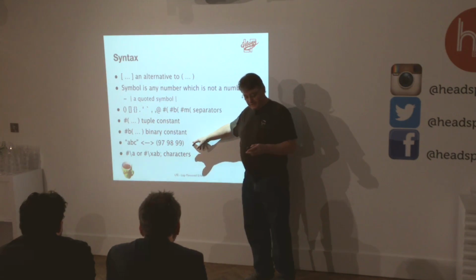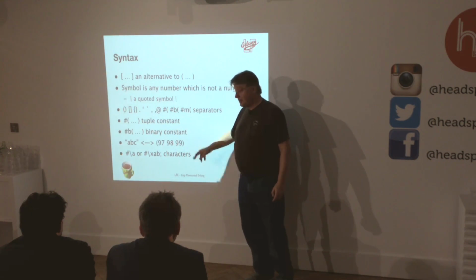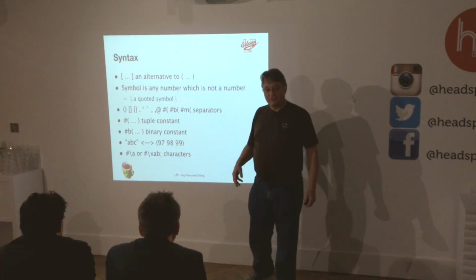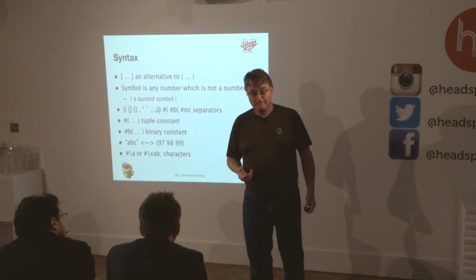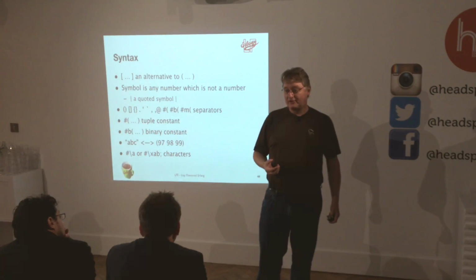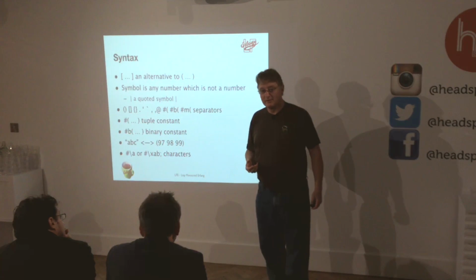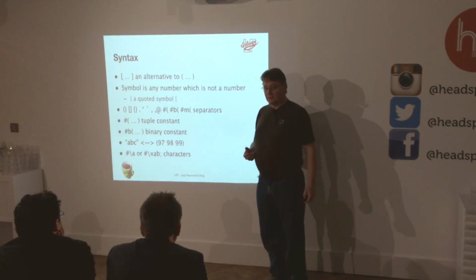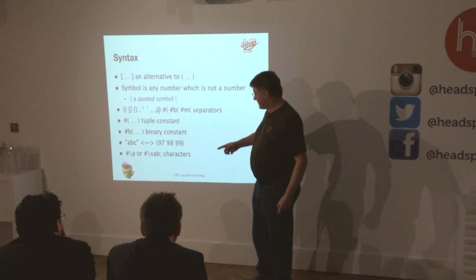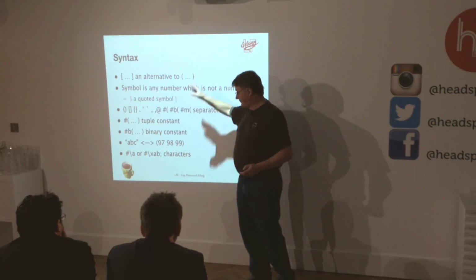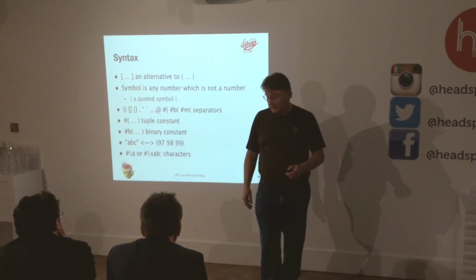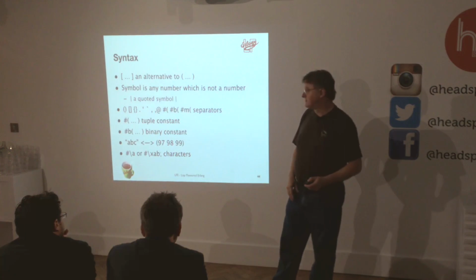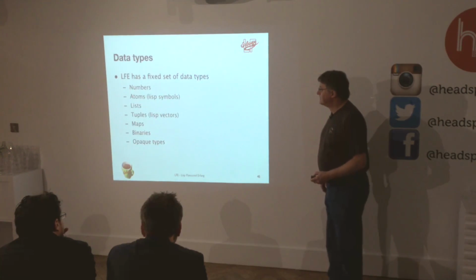It does do one Lispy thing, or Erlang-y thing here, that strings are lists of code points. So a string is a list of integers. This is not uncommon in functional languages. It can cause a bit of confusion sometimes, but otherwise, we've got character constants and stuff like this. The syntax is actually pretty straightforward, for a Lisper.